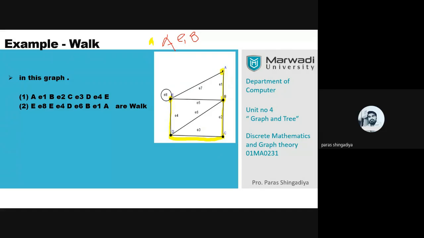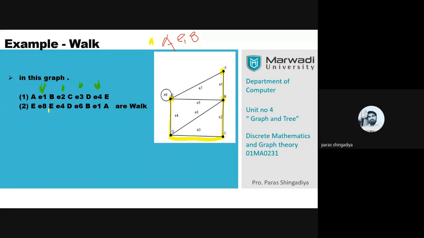You have to start your journey at one place and end it at one place. So the starting and ending should be one vertex. That is the condition of the walk: starting and ending at one vertex, and no edge appears more than once. As you can check in this path, every edge, E1, E2, E3, E4, is included only one time. There are no repetitions of any edge. Okay, so that is one walk.